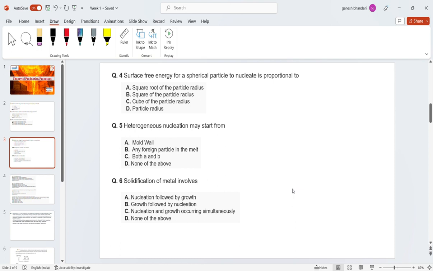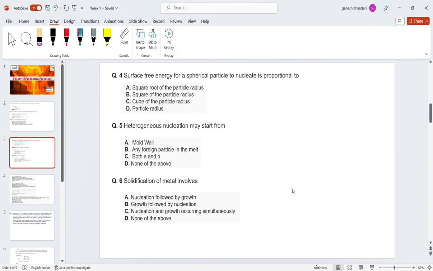This has nothing to do with the course, I'm just giving you an example because surface free energy came into the picture. When we talk about phase diagrams, suppose you are making a ternary phase diagram for copper, tin, and lead. I'm talking about solder because previously solders used to be made from tin and lead. Now lead has been replaced by silver, and indium based solder also came into the picture, but they are also costly. So some copper based and some silver based solder came into the picture.